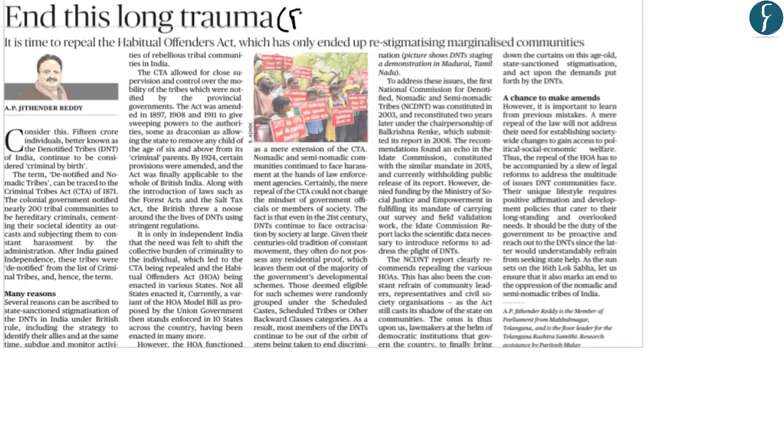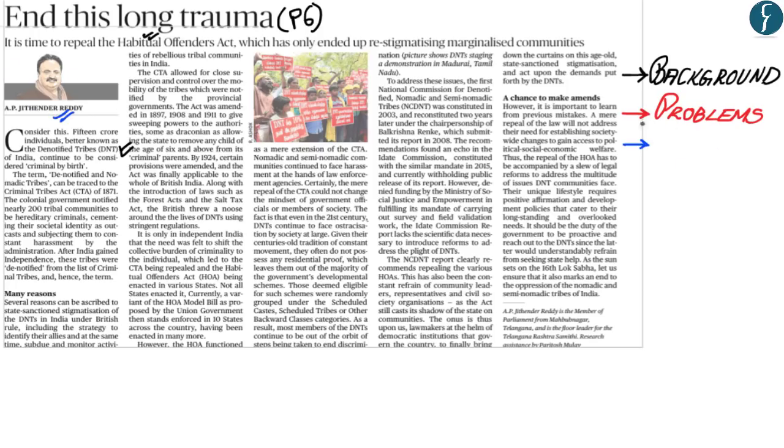Now, we've taken this editorial from page 6. Now, what this article talks about is the de-notified tribes and their concerns with regards to the Habitual Offenders Act. So, what we'll do is try to understand this article in 3 aspects. First, we'll understand the background of de-notified tribes and the Habitual Offenders Act. After that, we'll understand the current problems that the de-notified tribes are facing. And lastly, we'll try to understand the solutions that have been given by the author with regards to solving these